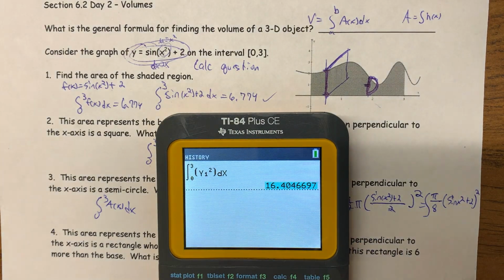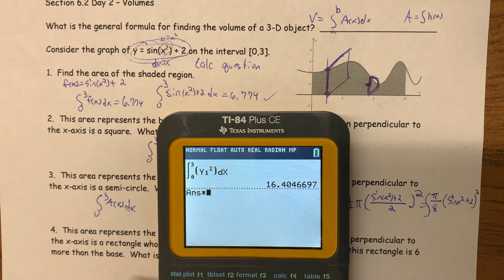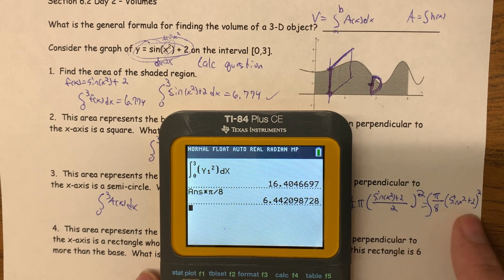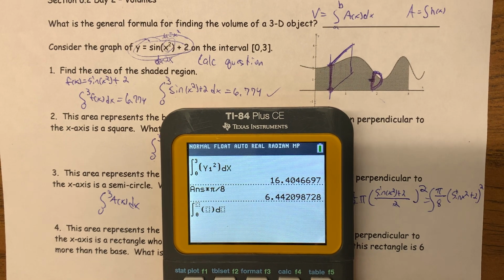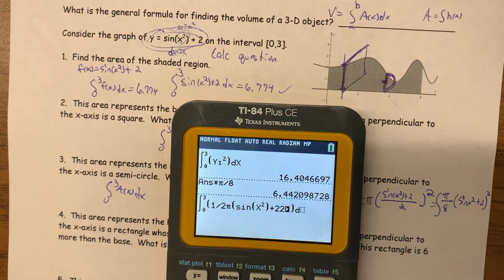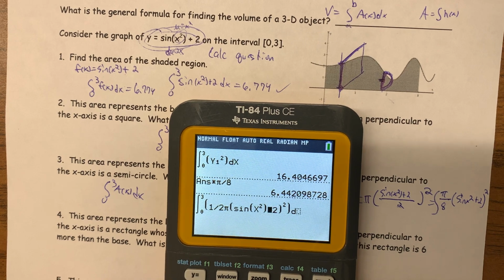But check it out, guys. If you factor out that pi over 8, then I can just use the same one as before times pi over 8, and I don't even need to redo the integral. Otherwise it gets a little bit ugly. I have to press math 9, integral from 0 to 3 of 1/2 pi, and then I need to put the r in parentheses, sine of x squared plus 2, squared. Put plus 2 2. Oh, and then this needed to be divided by 2, or I need to have a 1/2 in the,